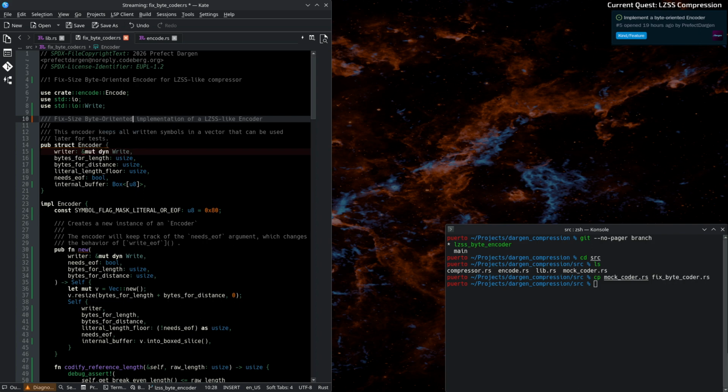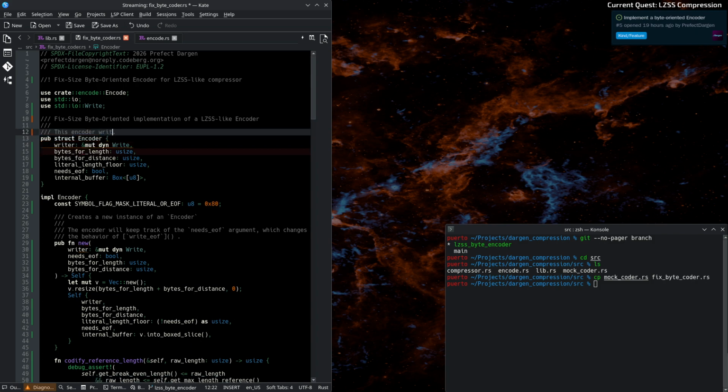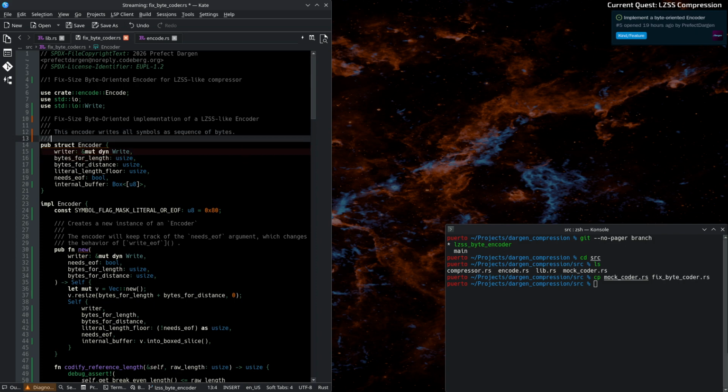And oriented implementation of encoder. This encoder writes all symbols as use all bytes. Lengths,